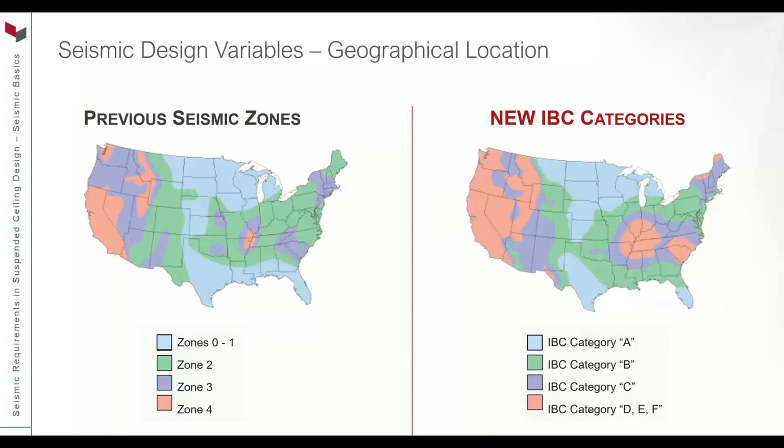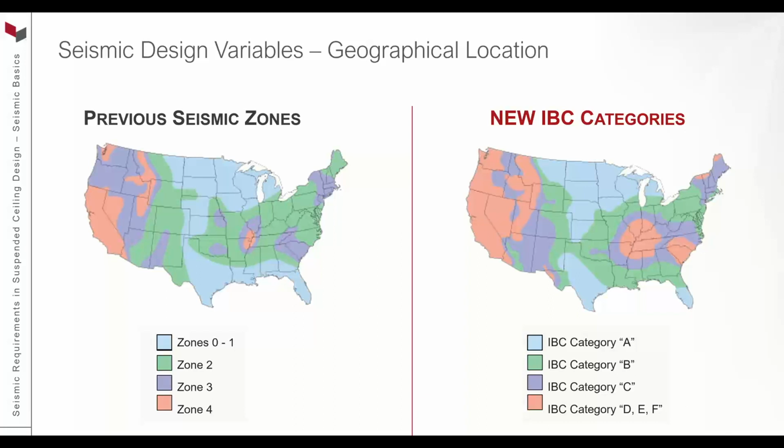I told you there's a map, and here's our map. And so as we look across this map of our seismic forces, the highs and lows of seismic forces, we look at the previous map, and this was from the 20s and 30s, where they looked at seismic events, tracked them, and gave it values. And so we see the red values are the higher seismic zones. You can see California is in there, Utah, Idaho,